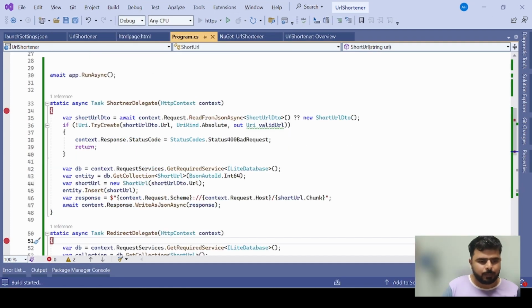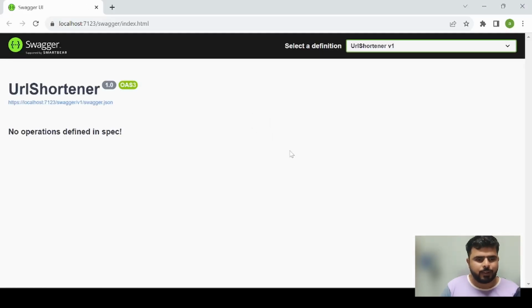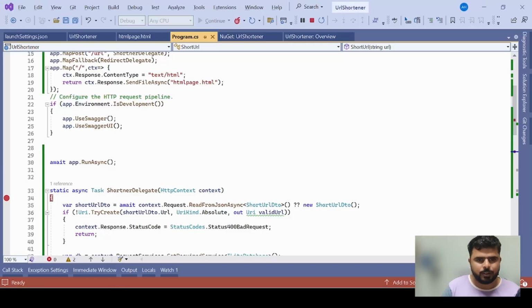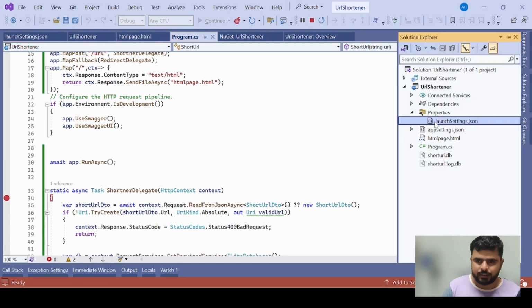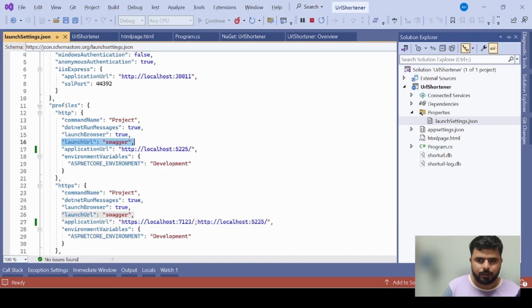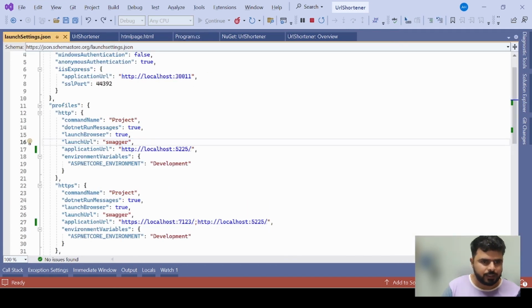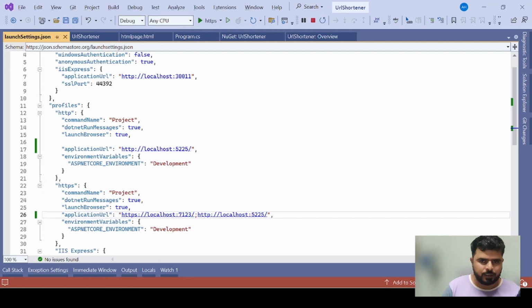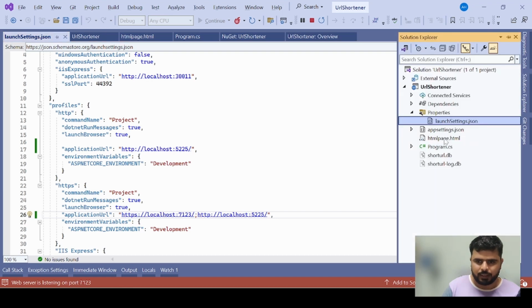So let me run the application. As you can see, if I run the application, it is launching Swagger. So let me make changes in launchSettings to remove that launching. You just have to come here in launchSettings.json and remove the launch URL Swagger. Currently our host is running in HTTPS. If I just remove it here, it would be fine. Let me go ahead and remove it in both the places. So if I refresh and run the application, now it will be launching our web page,